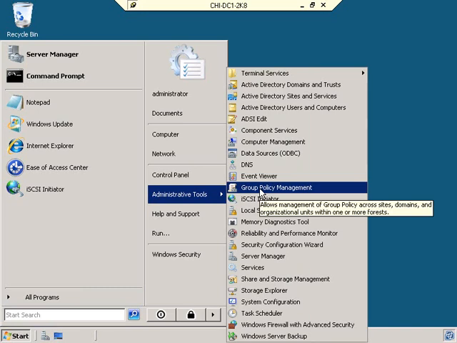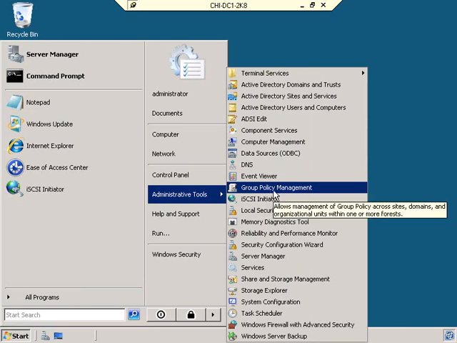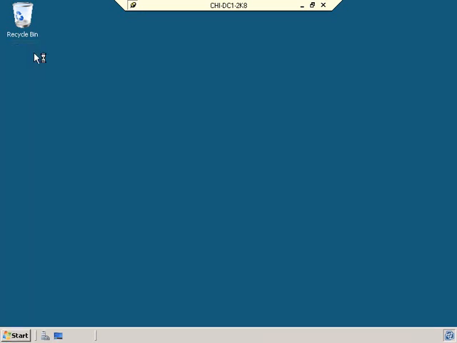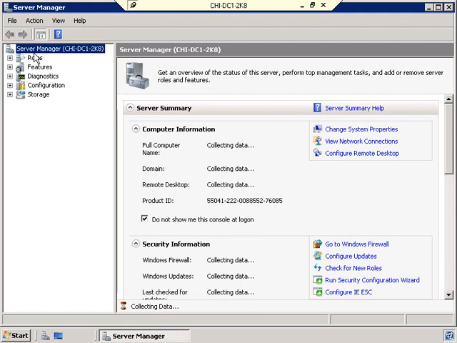I'm going to click on Start, Administrative Tools, and you will see here that we have an entry for Group Policy Management. Before we go to this tool, one last thing I want to show you: you may be looking at your menu right now and not see that tool. This is a feature that was installed when I installed the Active Directory Domain Services role. If for some reason it did not install on your machine, or maybe you're not on the same domain controller that I am, what you need to do is go up to the Server Manager,